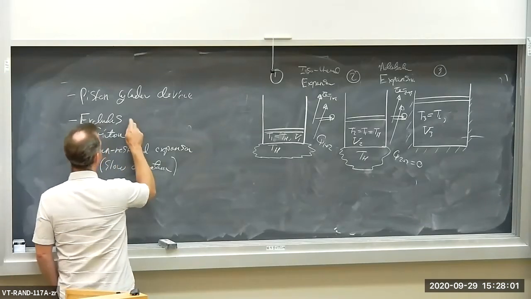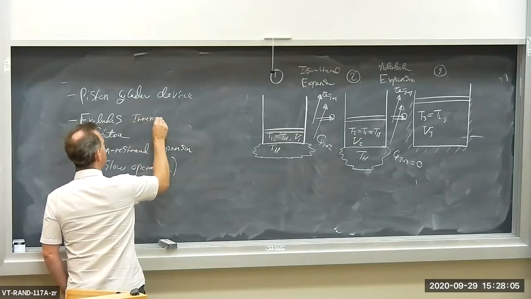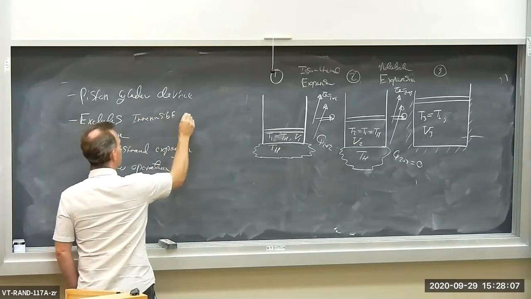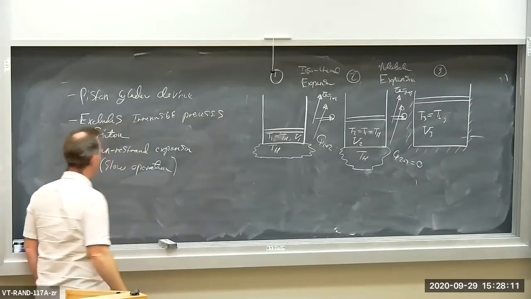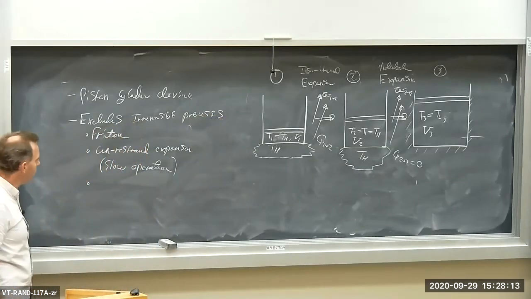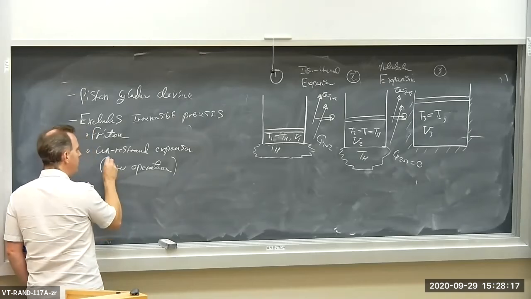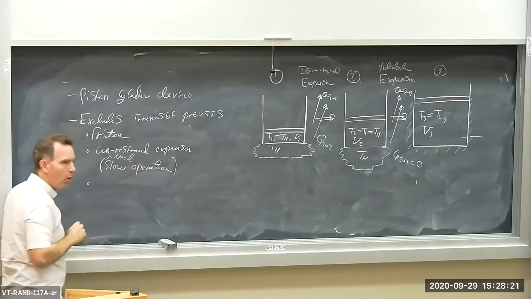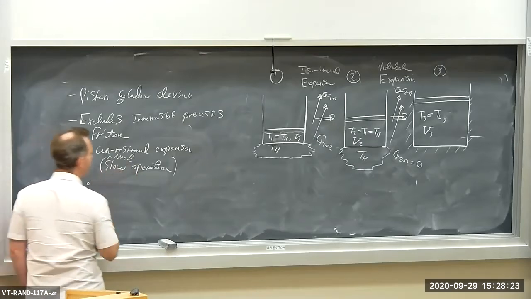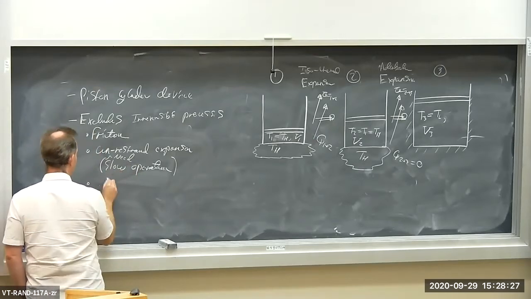So I guess I'll write here, excludes irreversible processes. And what I mean by that is processes including friction, unrestrained expansion. That means we need slow operation. And then finally, it excludes heat transfer